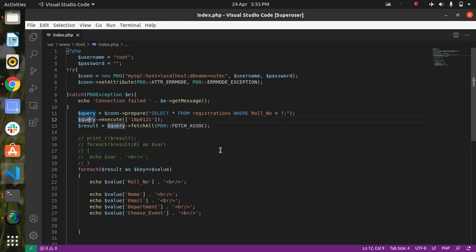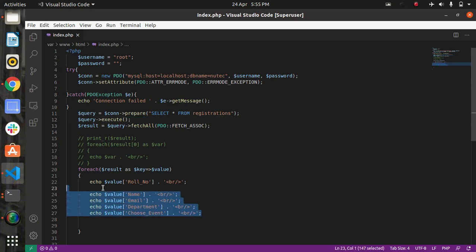So if I modify this query, select everything from registration without mentioning anything, and let's execute this without any input. In this method I will get all the elements in this.